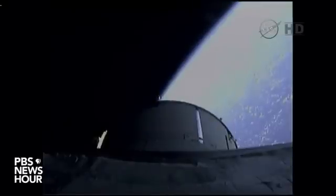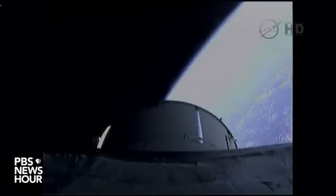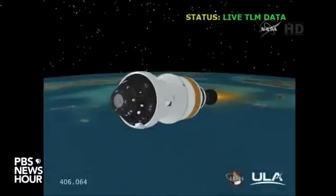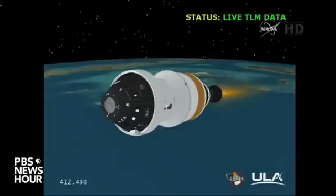And we have launch abort system jettison. The 361-pound solid propellant motor has pulled the launch abort system free from the upper stage and up from Orion. Everything going extremely well. The first two critical milestones have been accomplished, and we are now processing telemetry from the Orion spacecraft through the Tracking and Data Relay Satellite system. Coming up on the 7-minute mark into the mission,